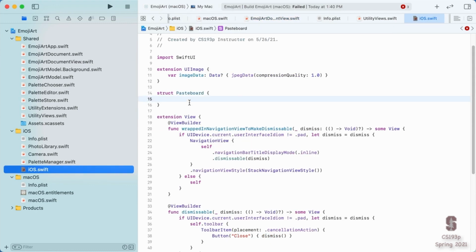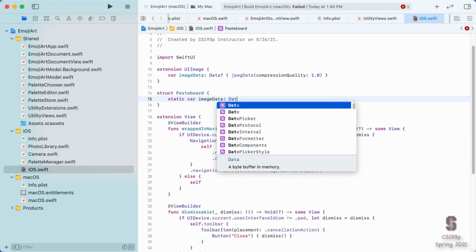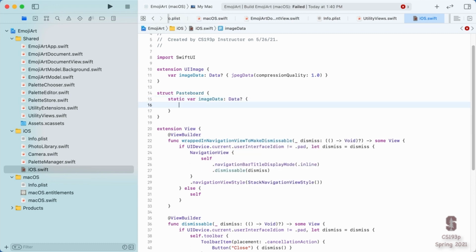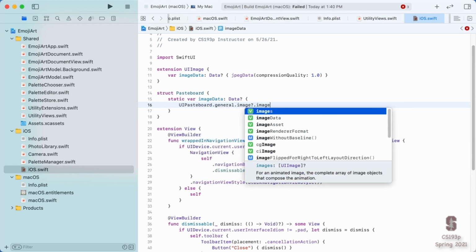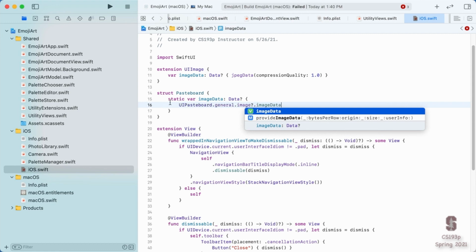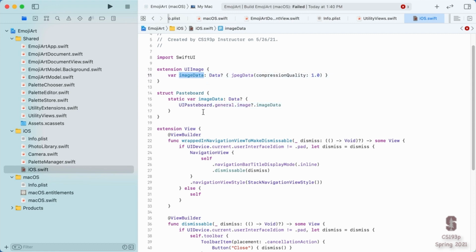Let's go to iOS and do that one first. On iOS, let's have a static var imageData to get the image data off of the pasteboard. And so on iOS, we would use UIPasteboard.general.image, just like we were doing right there, and get the image data out of that. I can even use this one I've already defined up here.